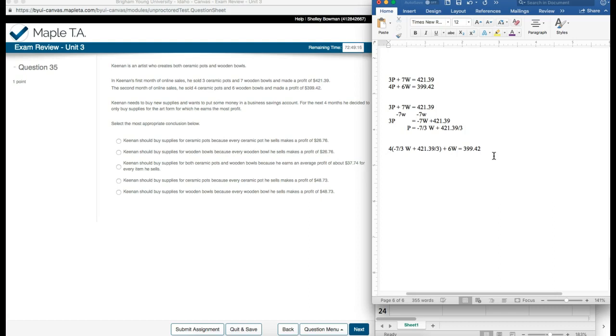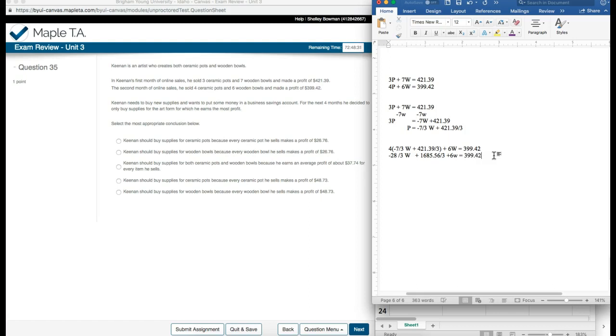So 4 times negative 7 is negative 28. It's still over 3, and we have our W. And then 4 times 421.39, let's grab my calculator here, gives us 1,685.56, and that is still over 3. And then we're going to add 6W. That was not inside the parentheses, so we don't multiply it to anything, and